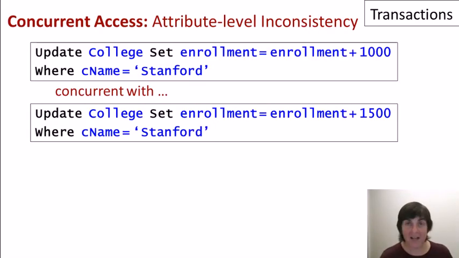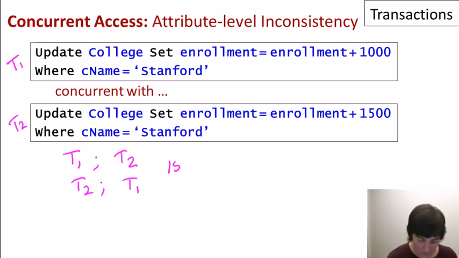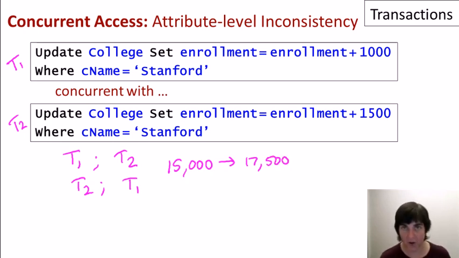Now with the formal notion of serializability in mind, let's go back and look at the examples from the previous video that motivated the problems we could get into with concurrent access. The first one was the example where two separate clients were updating Stanford's enrollment. Let's just call one of them T1, it's now a transaction, and the other T2. So when we run these against the system and serializability is guaranteed, then we will have a behavior that is at least equivalent to either T1 followed by T2 or T2 followed by T1. So in this case, when we start with our enrollment of 15,000, either execution will correctly have a final enrollment of 17,500, solving our concurrency problems.